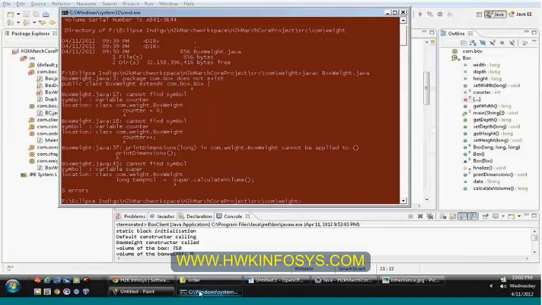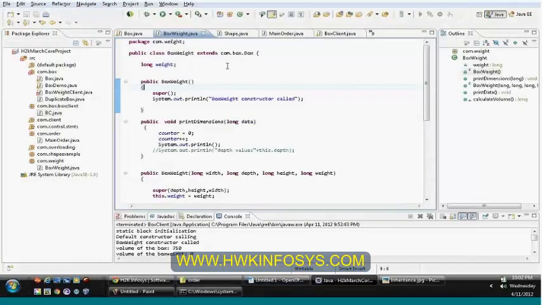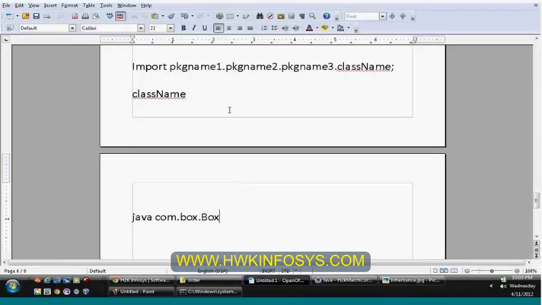javac, when it is trying to compile the file boxWeight, ultimately it will go and verify for this particular class file, because this class is referred from boxWeight, which means it should be available under the classpath. But currently, the first thing is it should be available under the same directory. Currently we don't have the box class under the same directory, under the same location level. So that means you should use the other two options, either of the